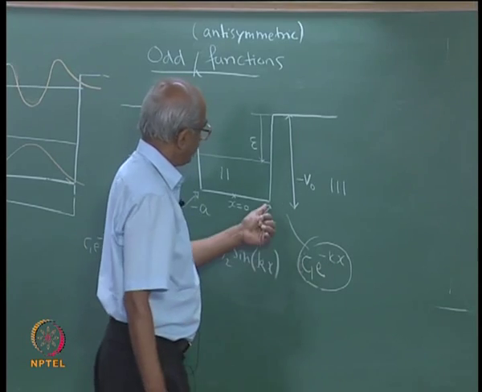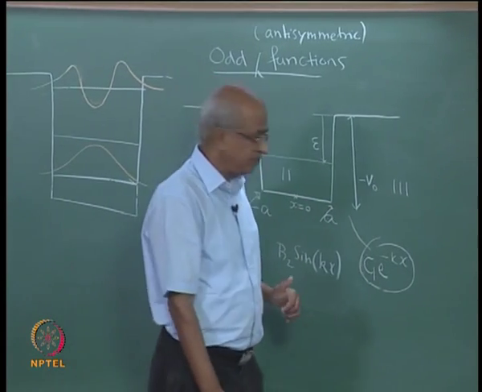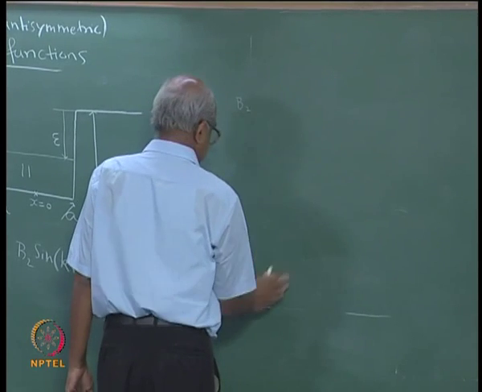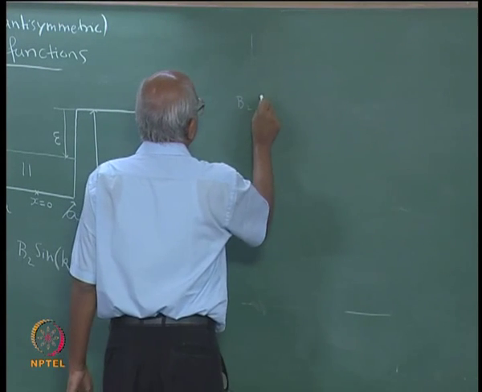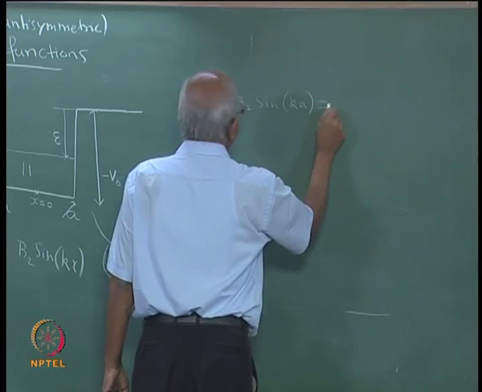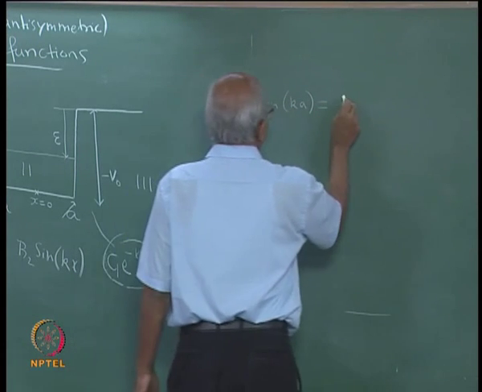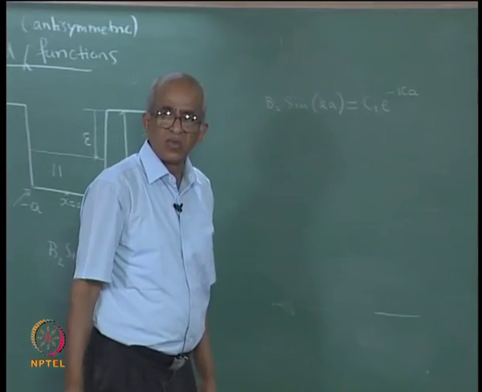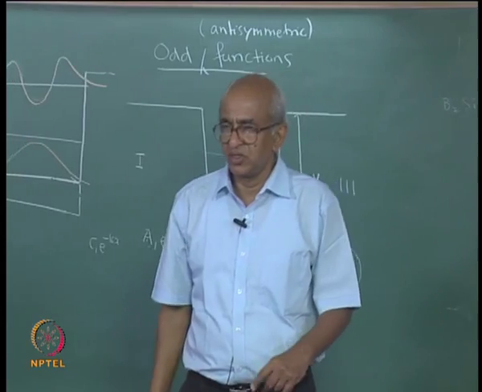What are the boundary conditions at x is equal to a? What you will get is b2 sin Ka must be equal to C1 e to the power of minus kappa a, right. This is what you are going to get,